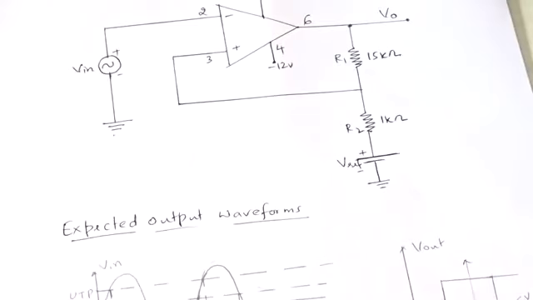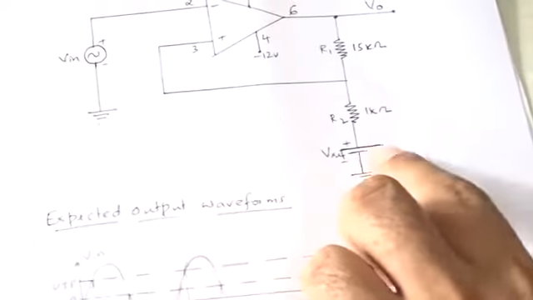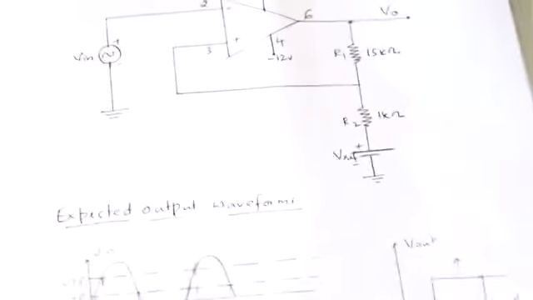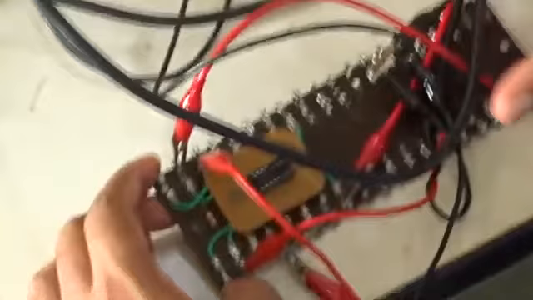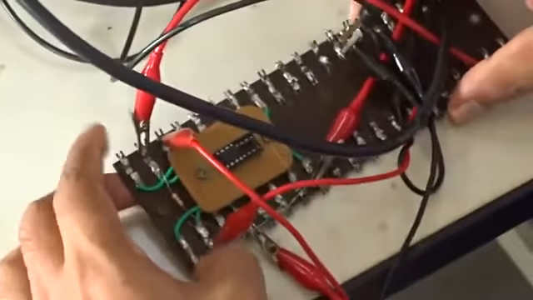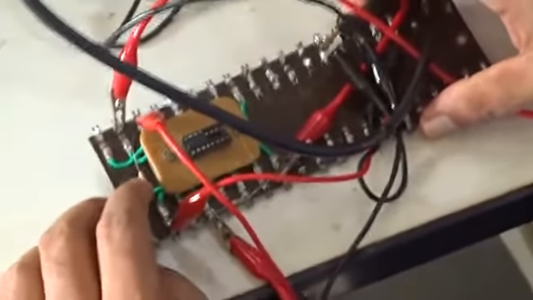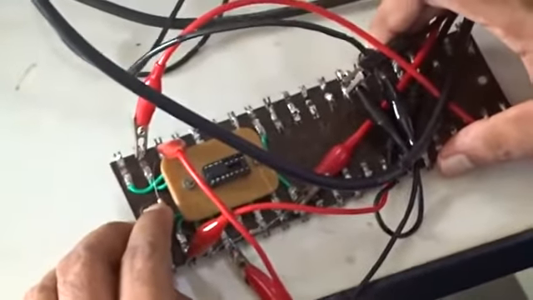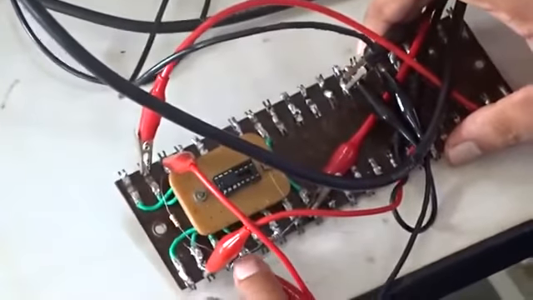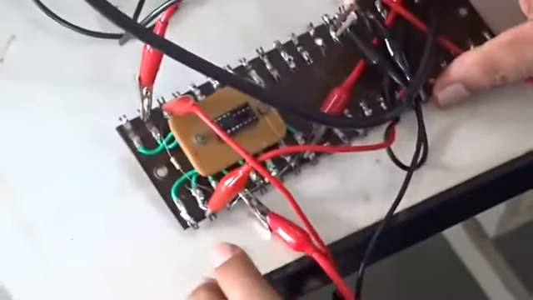Now I will show the output for the Schmitt trigger with reference circuit also. I have connected one reference voltage. So this is about the circuit connection. As I mentioned for the previous circuit, the change is you have to connect one V reference, and there is a change with the resistance value. So instead of using 3.8 kilo ohm, I used here 15 kilo ohm, and the other resistance R2, I used 1 kilo ohm only.